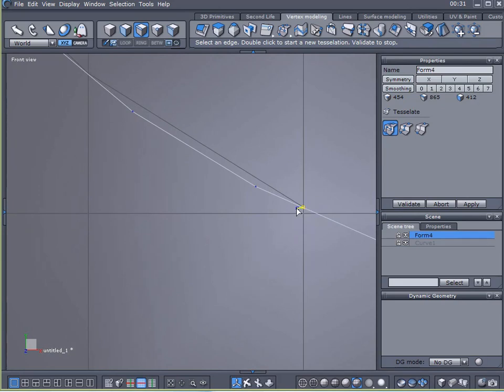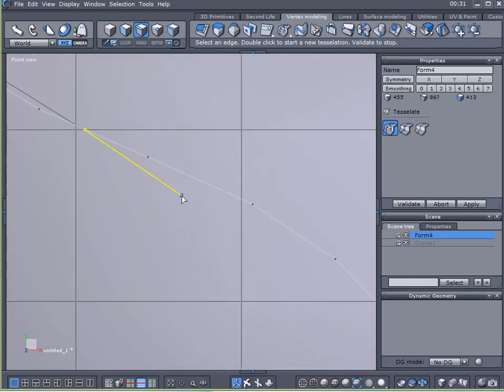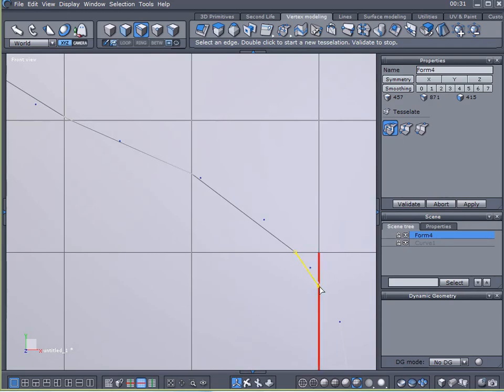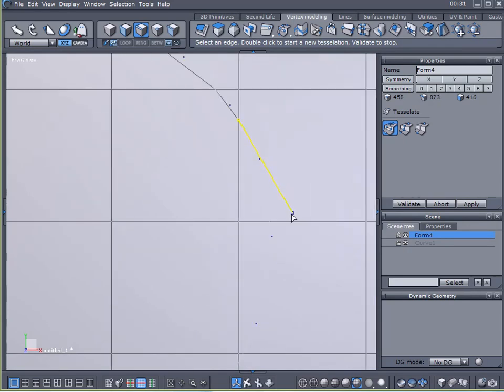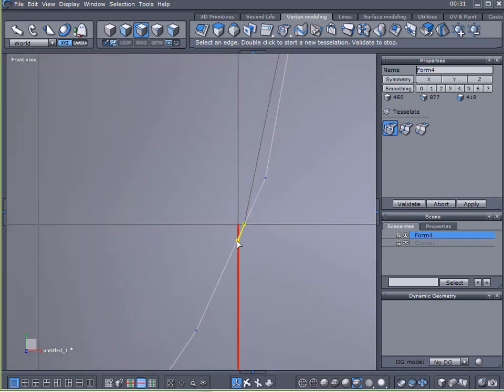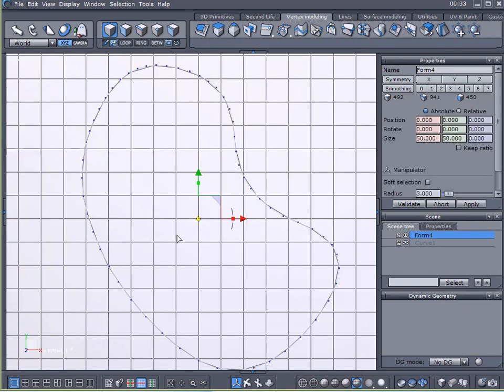Now where you start coming to a corner here, you may have to zoom in a little bit. It gets a little crowded for space. But it's pretty straightforward, very simple. Just click away, following the contour of your shape, and I'll be right back. Okay, I finished